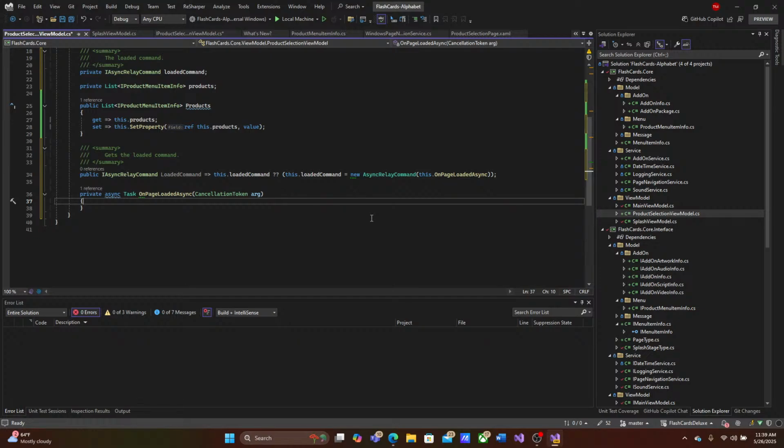Now, the reason why we're going to do the cancellation token is so that if we are canceled, we can do something to tell the user they're offline. Because if it times out,